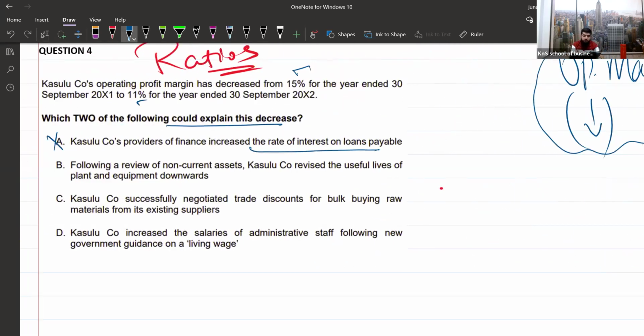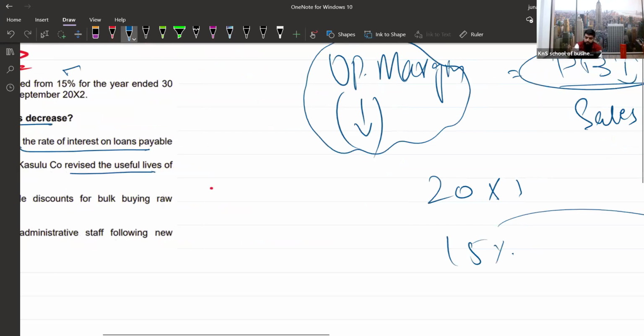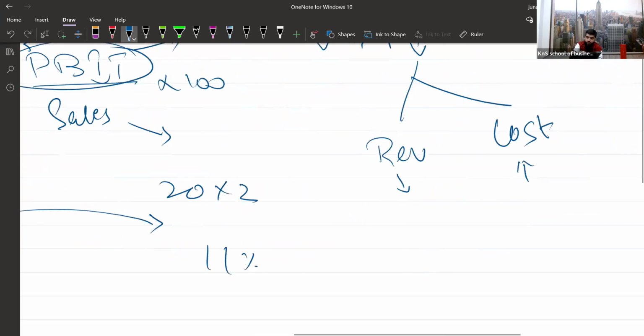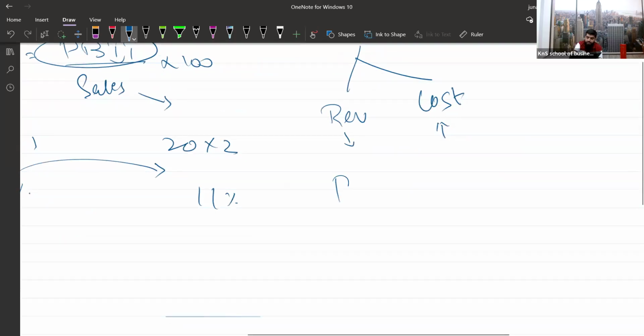Following a review of non-current assets, the company revised the useful lives of plant and equipment downwards, which means a change in estimate. The useful life of the property, plant and equipment was reduced. Let's try to evaluate this one. If the property, plant and equipment useful life is decreased,